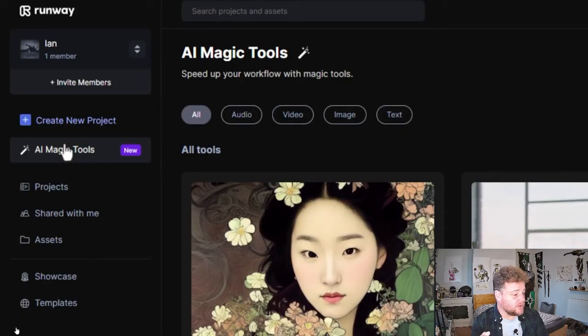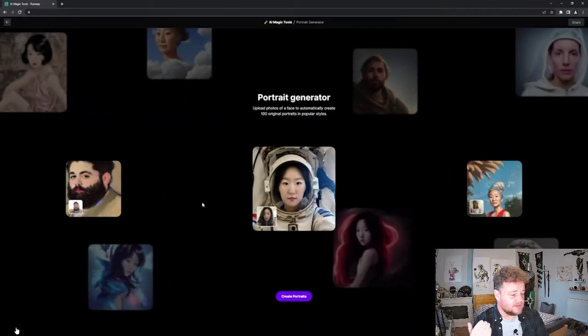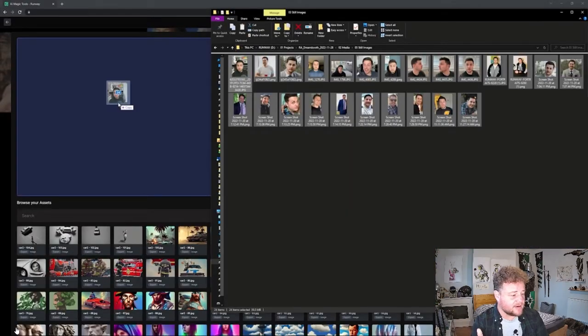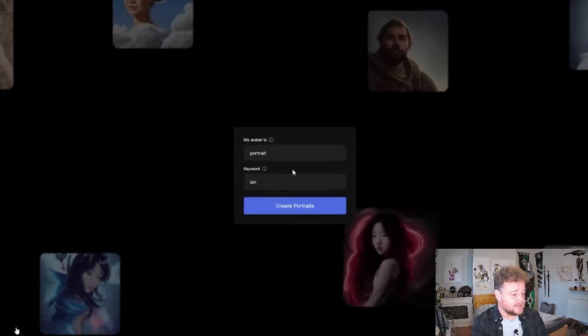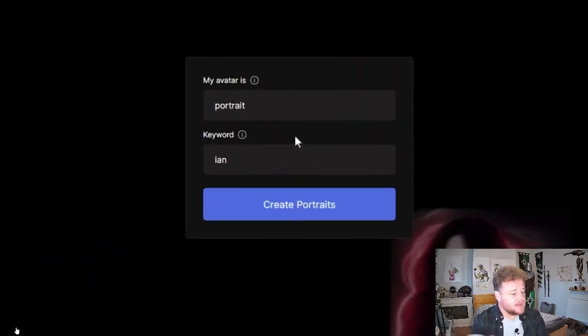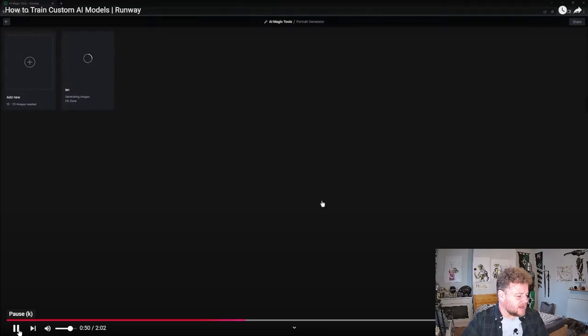So this is the tool that we're going to be using, which in this case is the portrait generator, the character generator as it's now called, because this was about a year ago. You're going to upload the images and train them. The one thing that I've seen from some of the other research I've been looking at, he's just done this as the Ian one. I've been told it's a really good idea to make sure that you're not including any kind of words that could also appear within just a normal prompt.